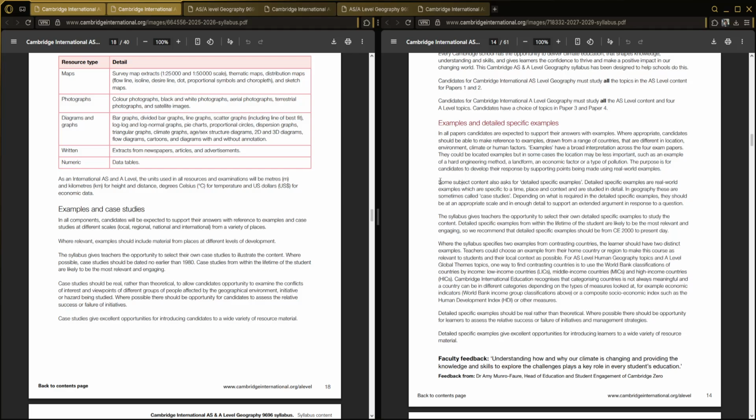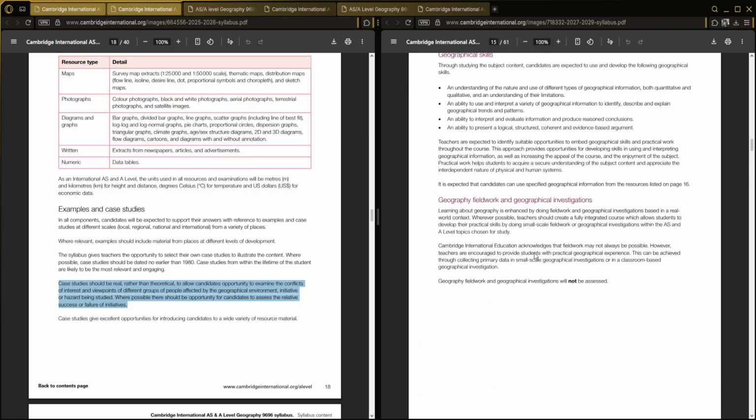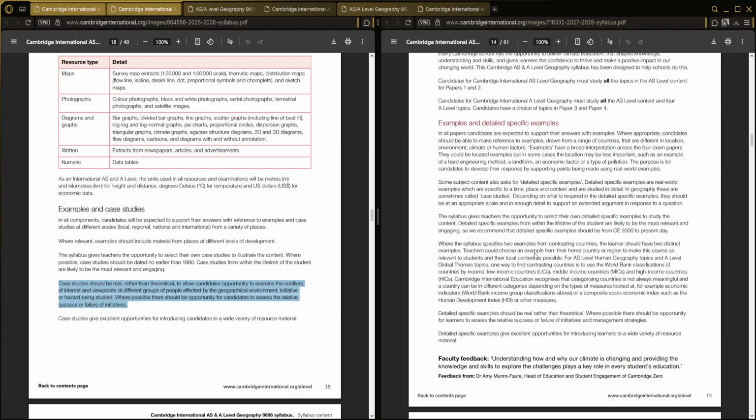Over here, it's talking about case studies, and it really says that you have to have your case studies be able to answer an extended question. So write an entire essay just based on your case study. Previously, it didn't really highlight the importance of it. It was just saying that you need a case study, but here it's saying that you definitely need a really detailed case study where it asks for one. So in the content that I'll explore in future videos, they will mention case studies where you need a very detailed case study to answer an essay on it.